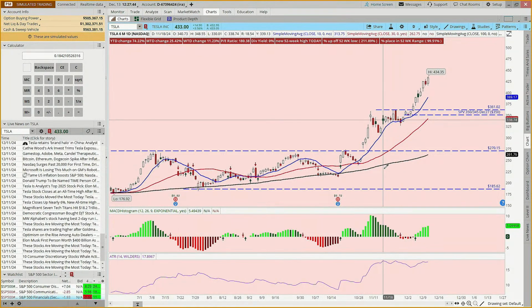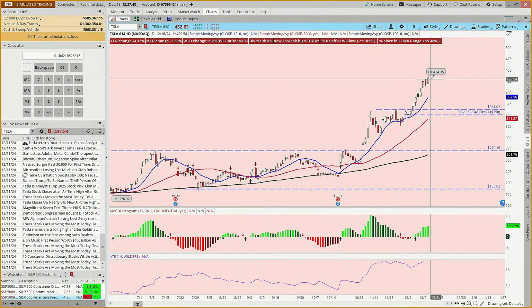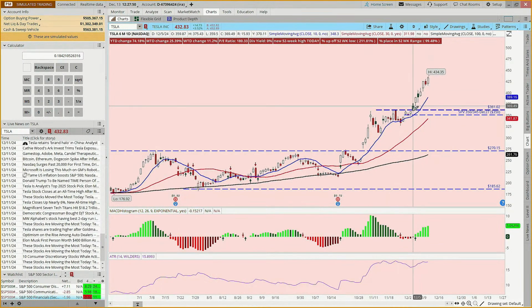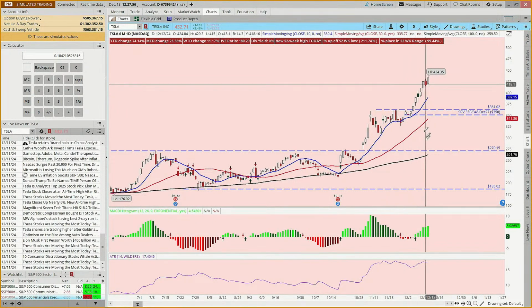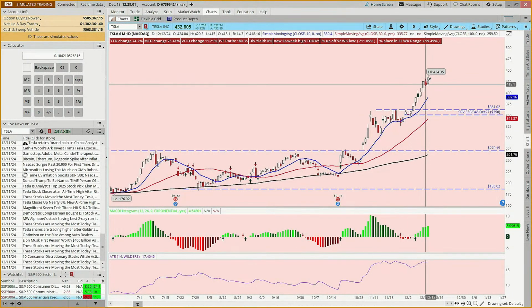But if we look at this and we say, well, it's hitting a new all-time high today. Yeah, well, don't you wish we'd bought it a year ago? Yeah, well, I wish I'd planted a tree 20 years ago too, but we are where we are today. But what we've seen is the last two pullbacks have lasted how long? One day.